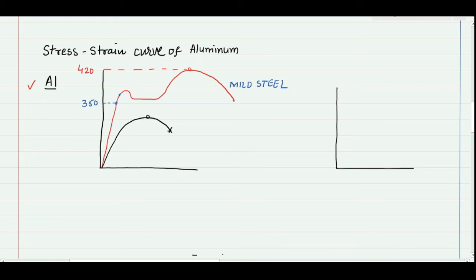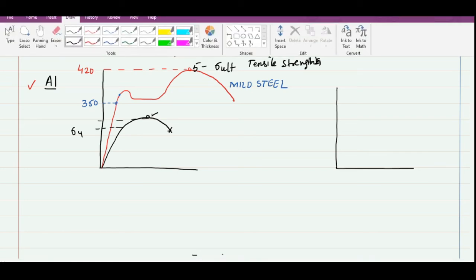In case of aluminium, we are not able to even find where the yielding started, or which portion is the straight line portion, and where we can define that the material has this much yield strength. However, we can find this maximum stress value, which shows the ultimate value. In case of steel also, the maximum stress value is denoted by the ultimate strength or the tensile strength. Apart from this maximum stress value, nothing is available. So we are not able to actually define where the yield strength of aluminium is, and for that purpose we apply a standard procedure.